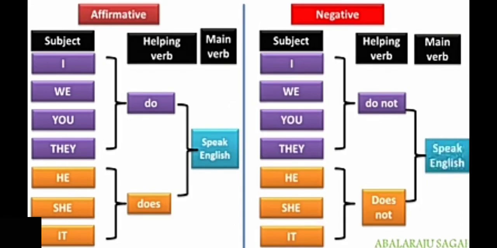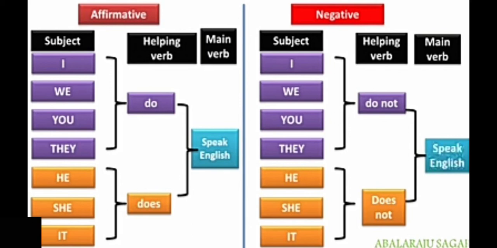We can classify the simple present tense sentences into three categories: affirmative, negative, and interrogative. Let us know the structure of them. Affirmative sentences means the positive statements. Negative sentences are the sentences which have the negative words like no, not, none, never, and so on. They will be having the negative word, so they are called negative sentences. Affirmative means positive. Let us know the difference between them, how they are written.